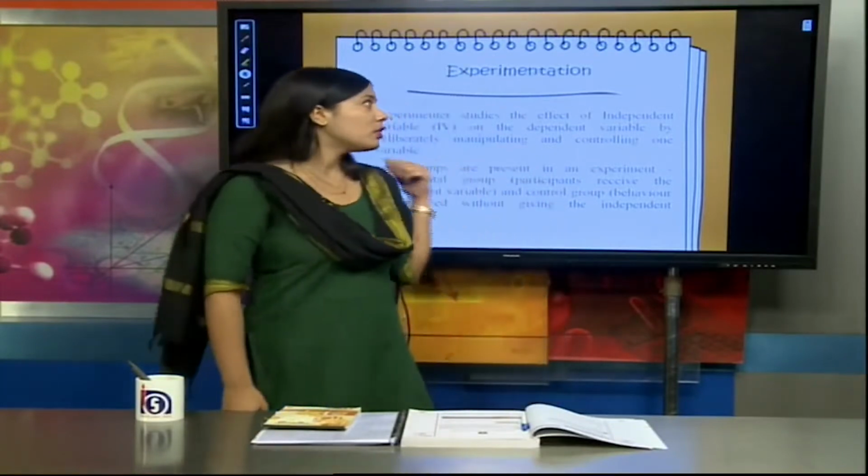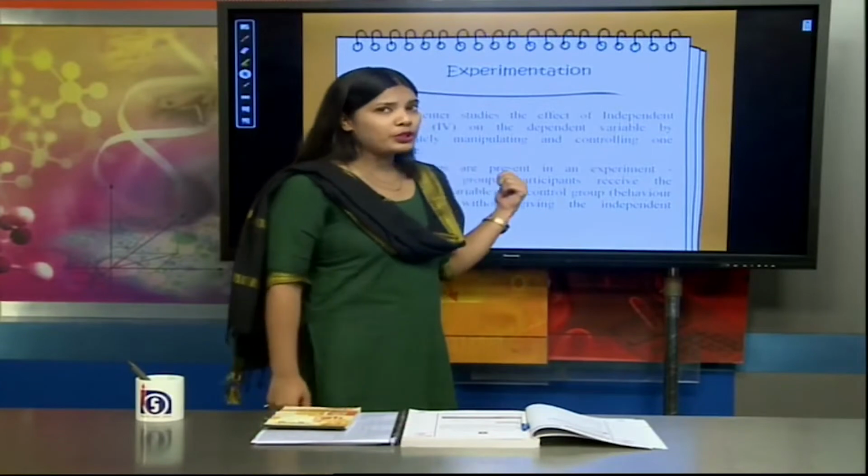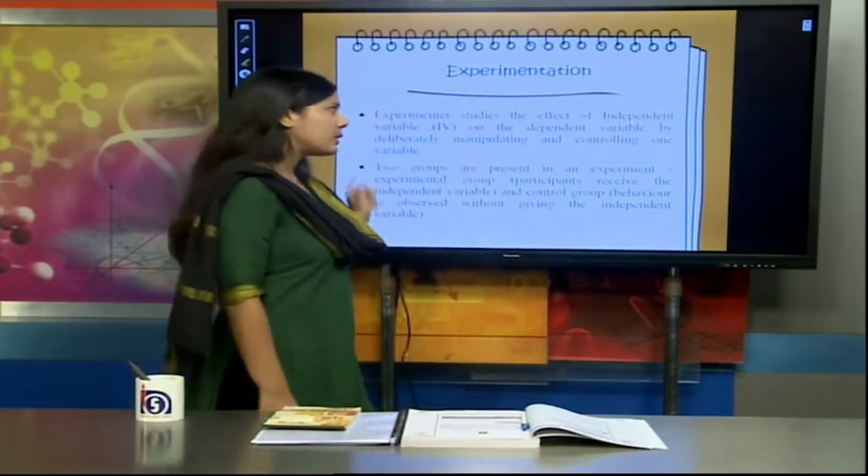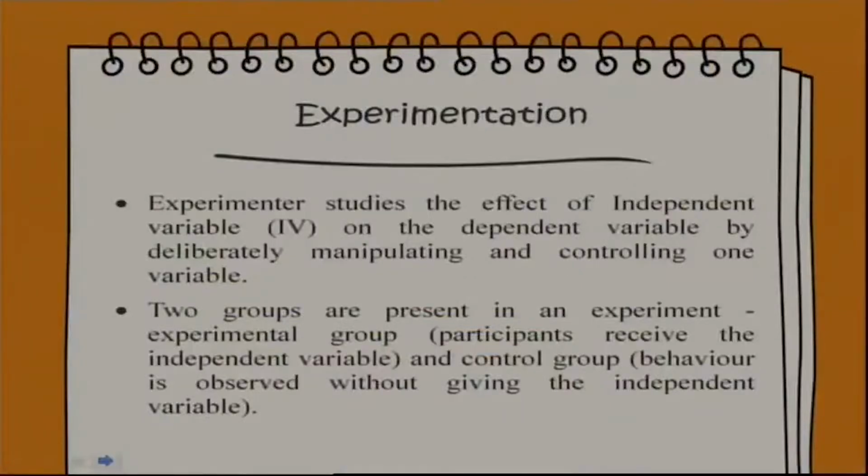So the first method that we discussed was observation. Next we are moving on to experimentation. So basically in experimentation, an experimenter studies the effect of the independent variable on the dependent variable by deliberately manipulating and controlling one variable. So here we are going to discuss the two important terms first: